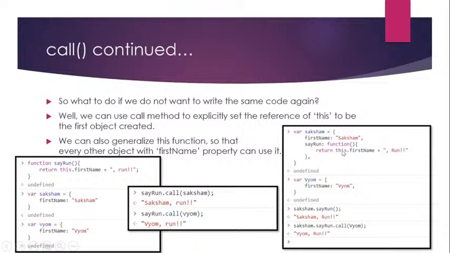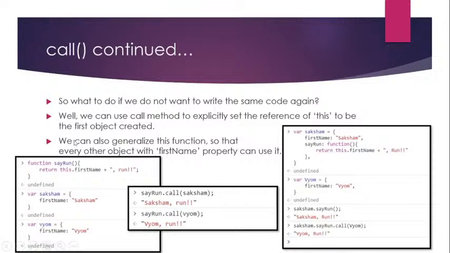Okay. Now Saksham.sayRun says Saksham run as it should, because this here refers to the closest parent object, that is Saksham. Okay. But with Vyom, what we did is we called the same function but replaced this keyword to take the reference of Vyom. Okay, so Saksham.sayRun.call Vyom told JavaScript that okay, run this function but change this keyword to take the value from Saksham to Vyom explicitly, and now it says Vyom run. Okay,